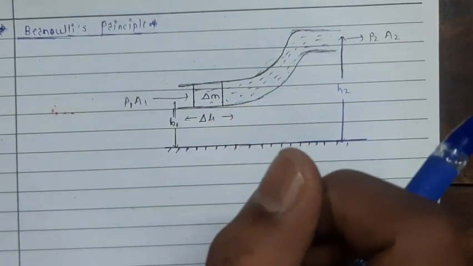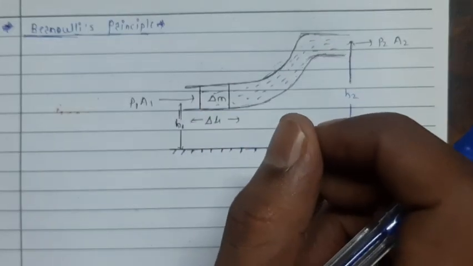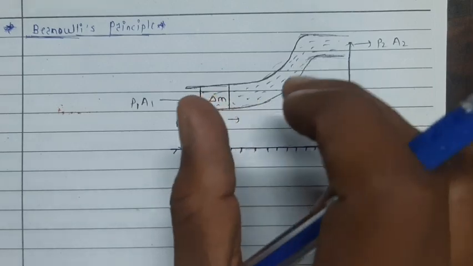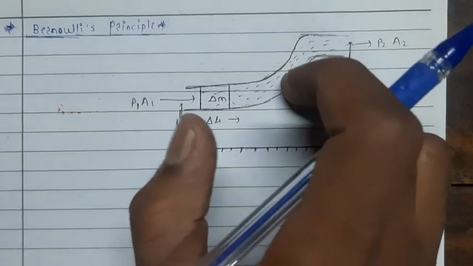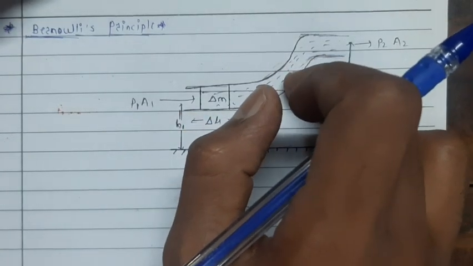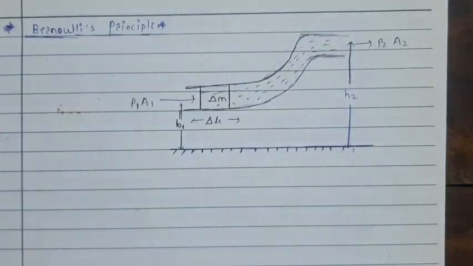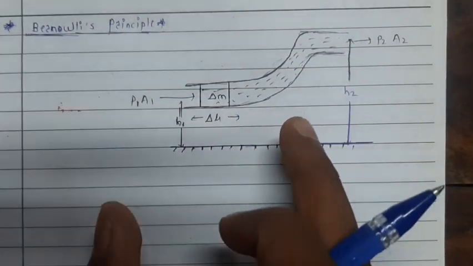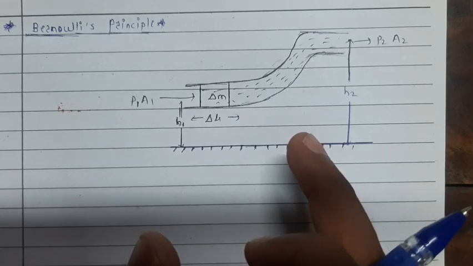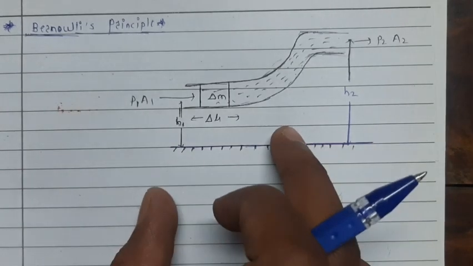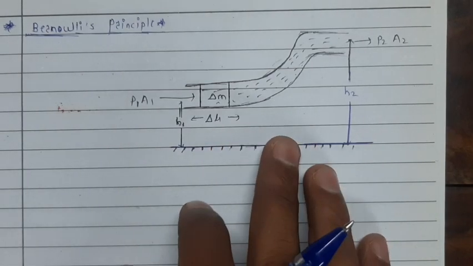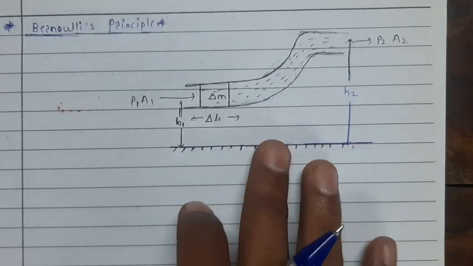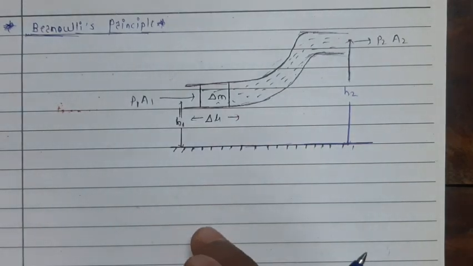We will be deriving the expression for the energies which we have discussed in our earlier lecture, which are kinetic energy, potential energy, and pressure energy. We will consider all these three energies and use the work-energy theorem which we studied in chapter number 1, that is motion, and then we will see the statement of Bernoulli's equation. This equation has so many applications in day-to-day life, which we will discuss in the next lecture. So let us start with our first topic, Bernoulli's equation.